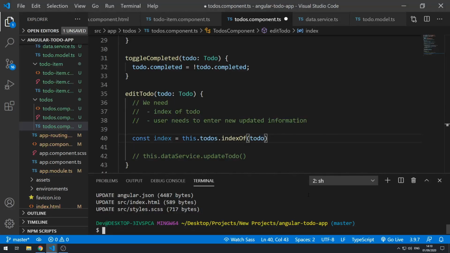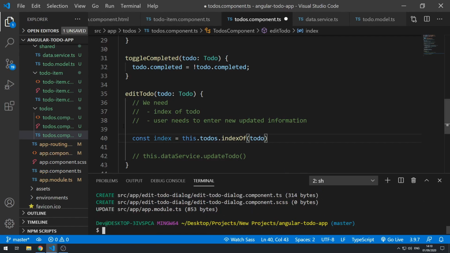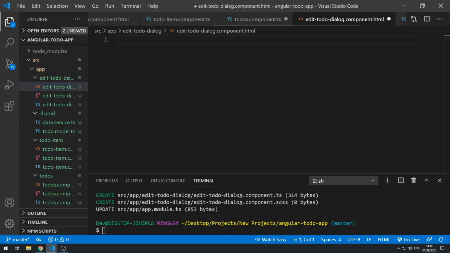So let's use the Angular CLI to create a new component. Let's call this component edit to do dialog. Okay, and then let's go and find that component here, and let's go to the template, and let's just quickly do the markup for this. So h1 with a class of title, edit to do, and then let's create a div here which has the